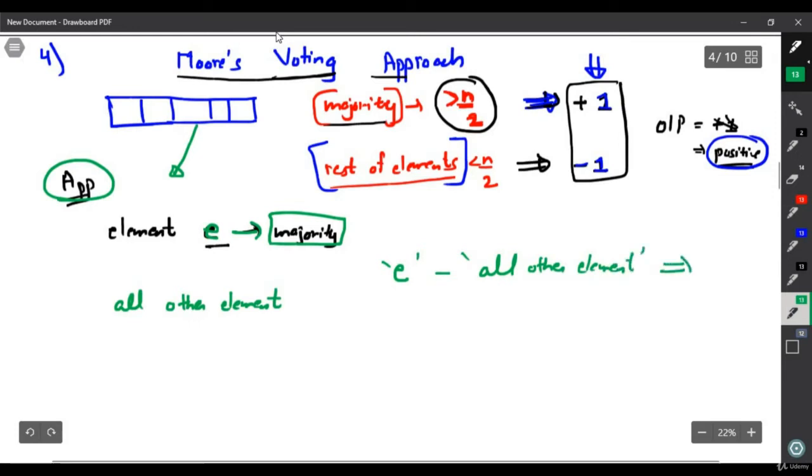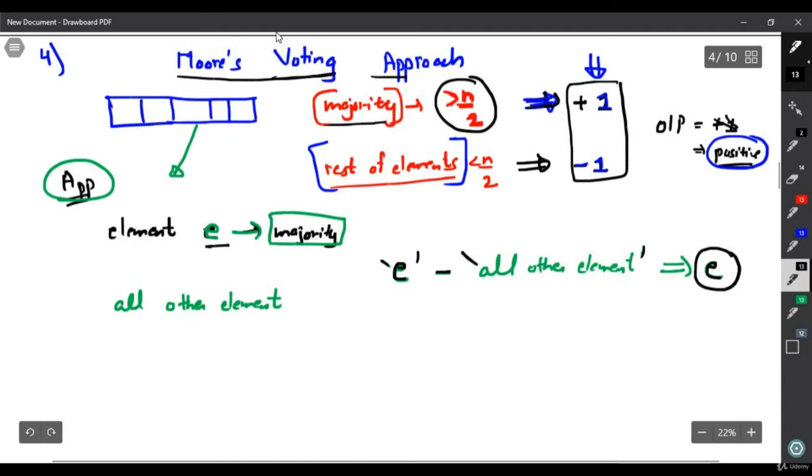E will exist till the end. If I cancel out each occurrence of element E with all other elements that are different from E, then E will exist till the end if it is a majority element.